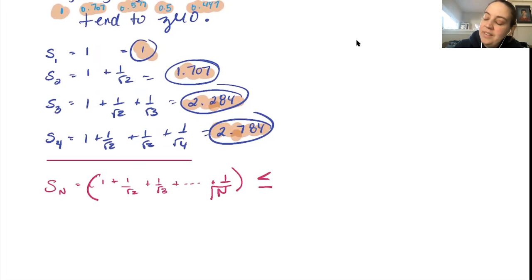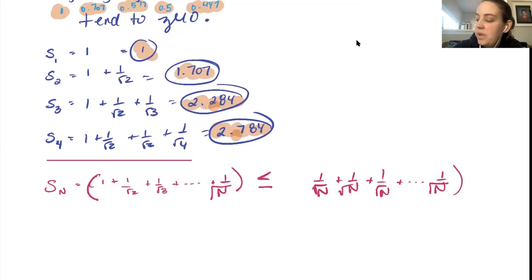If I just added in 1 over the square root of n for n number of terms, my actual sum,